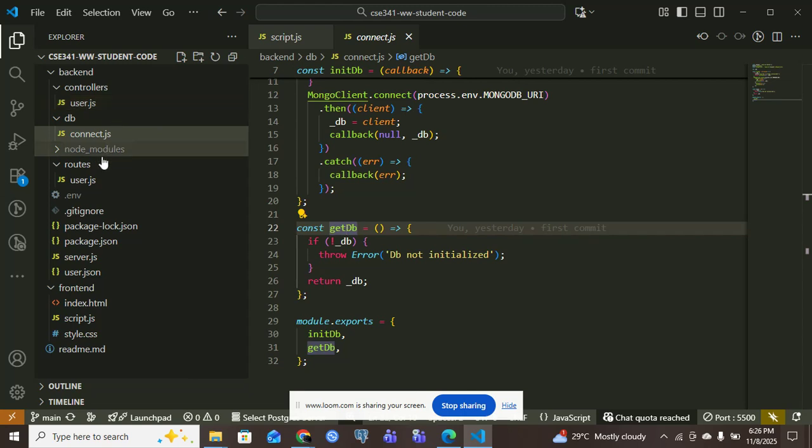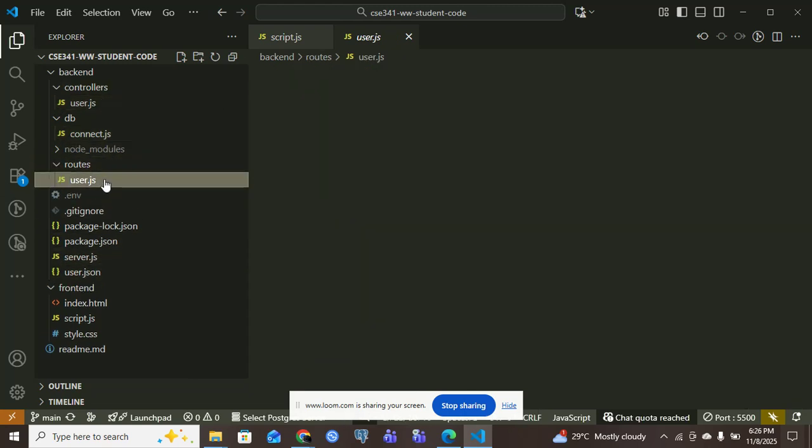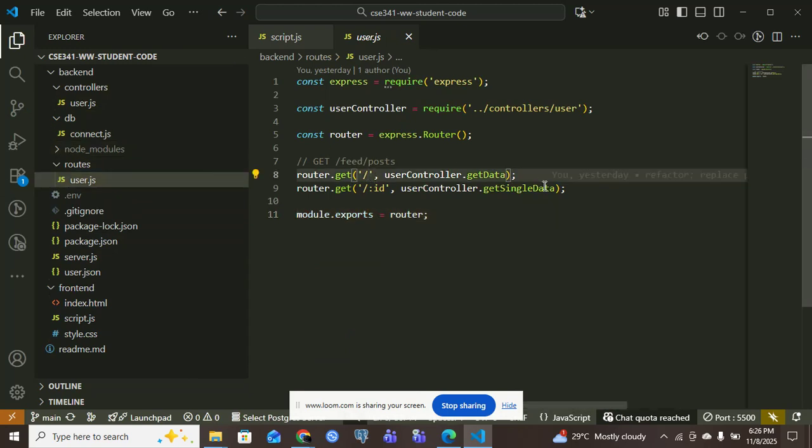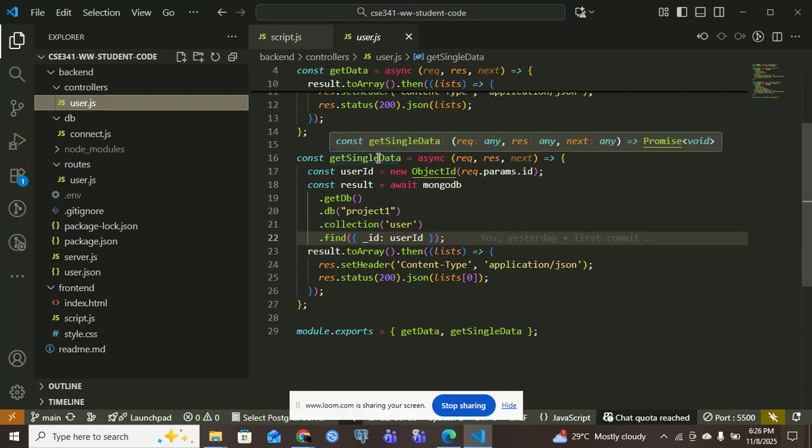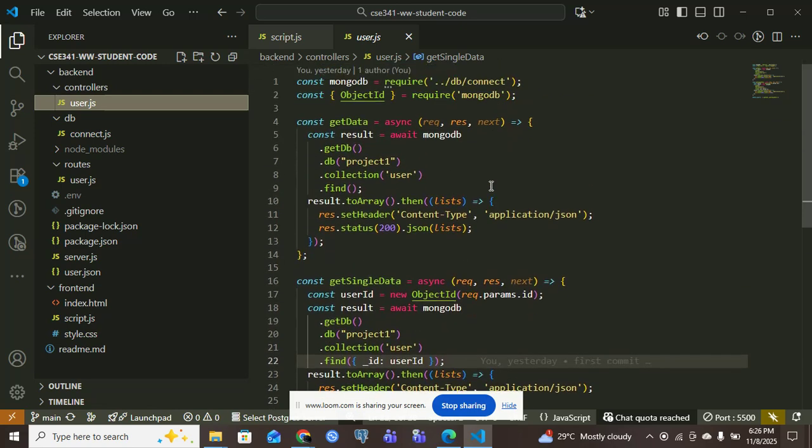We also have our routes here, where this one gets all the data, while this one gets specific data based on the ID. In our controllers here, we have the getData function, and we also have the getSingleData function. The getData function